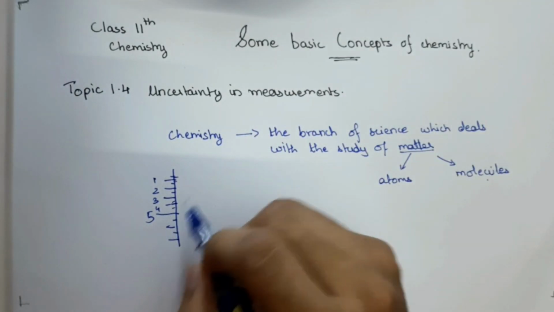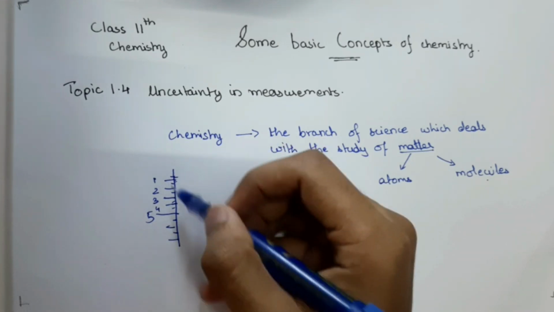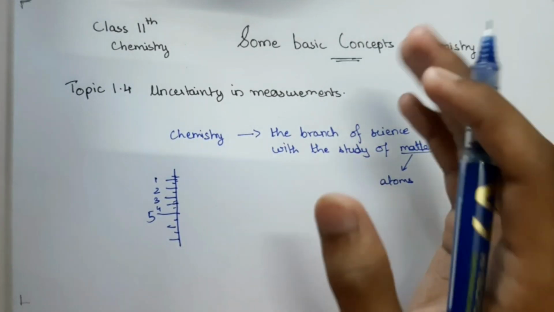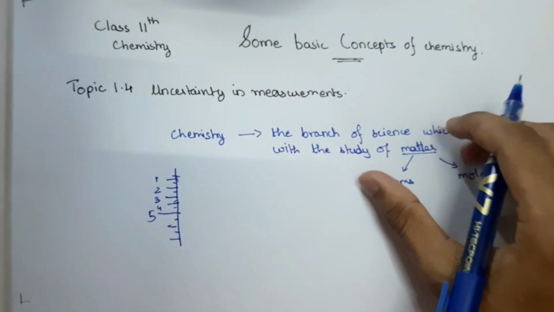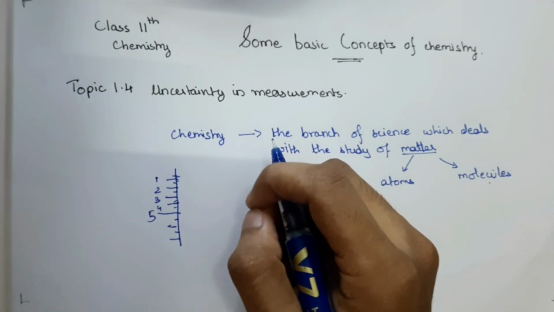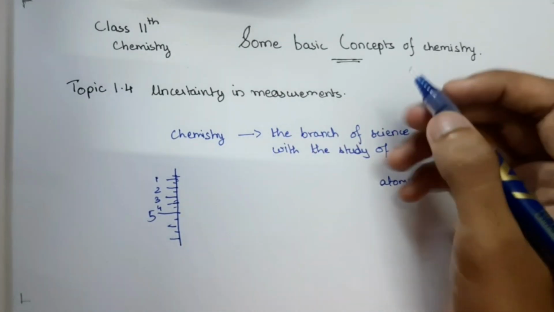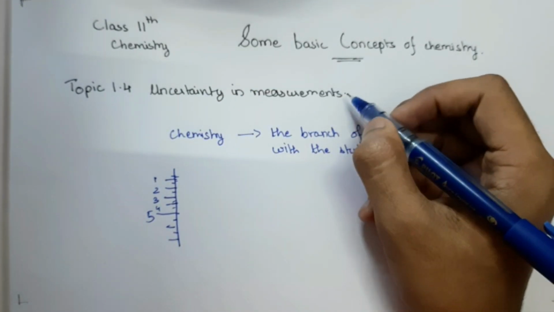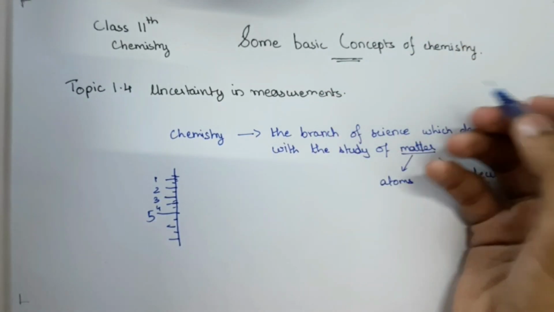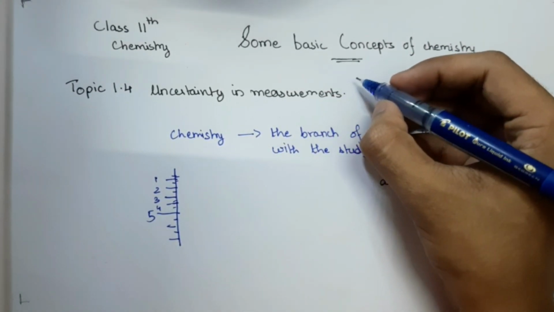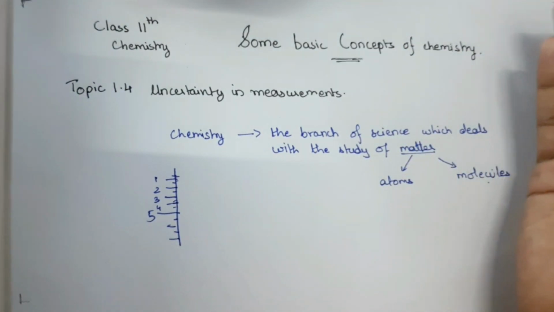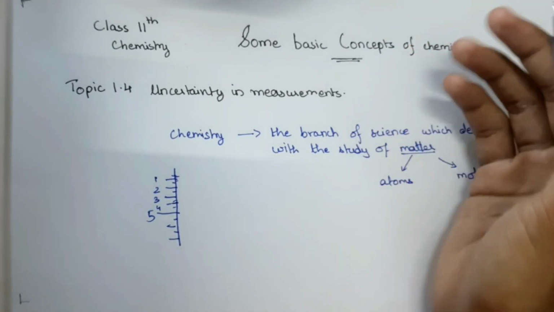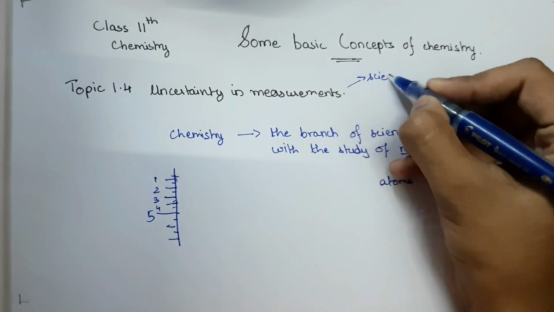So this happens in many cases, not just the case of measuring something with the ruler, but also in the case of weights and many other things, that anything we measure will have uncertainty when we measure it. So scientists have devised many methods to reduce the amount of uncertainty in measurements, and we are going to learn 3 ways in the NCERT textbook. The three ways which scientists have found out to reduce the uncertainty in measurements will be scientific notation,